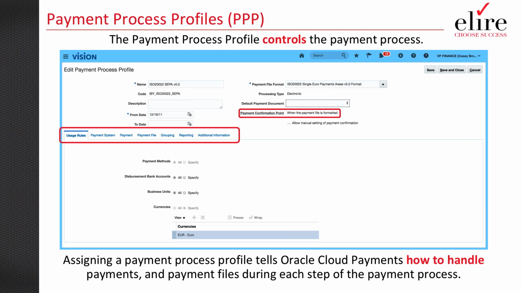And so what we mean by that is if we take the screenshot on the page, for example, we have a SEPA payment, and we know SEPA payments only fall within the Eurozone countries, and we're only going to be paying these in euros. So we need to put some stipulations around this payment file format to say, okay, I can only issue this if the debiting account is issuing a total currency amount in euros, or possibly we need a lockdown so that only specific business units even have the availability to generate a SEPA payment.